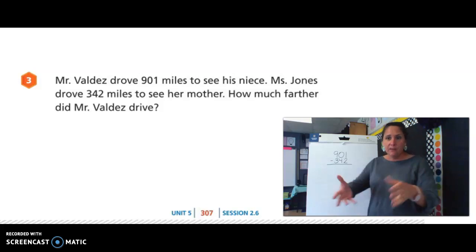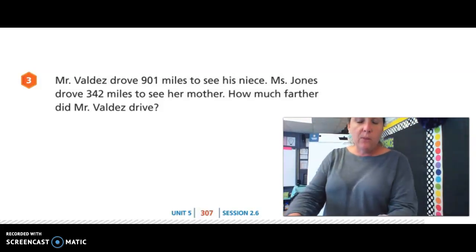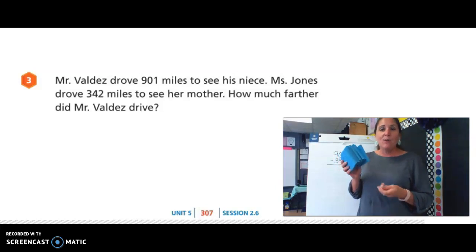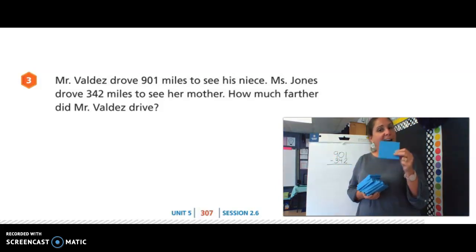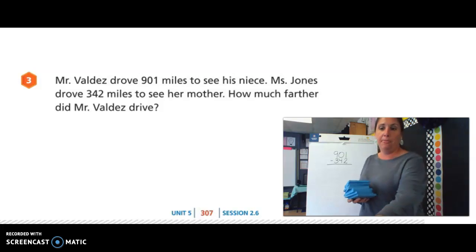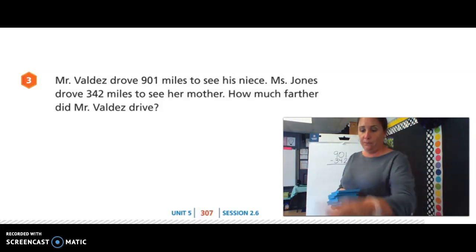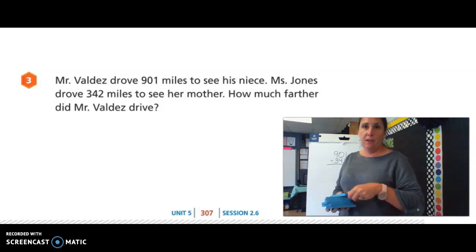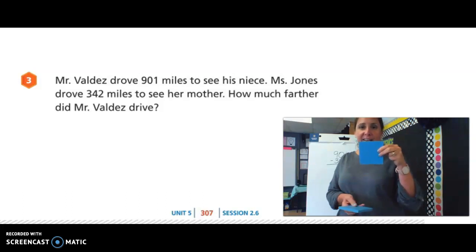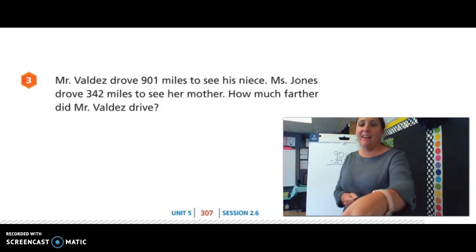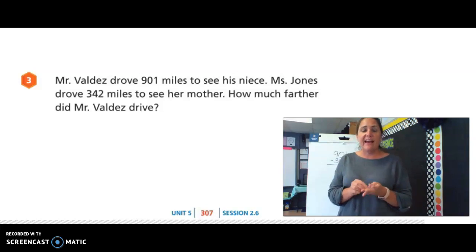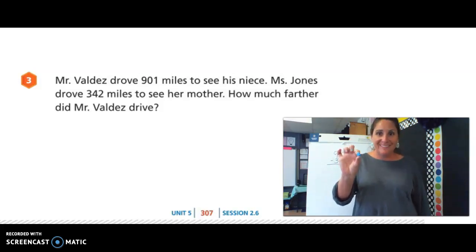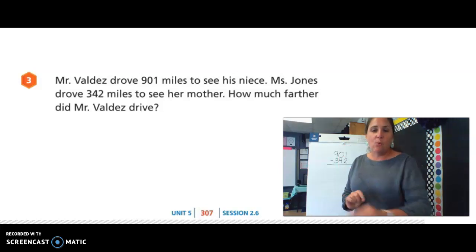So I've taken our base 10 blocks, and I have built the number 901. So I have 900 flats, or 900 groups of 100s. We have 1, 2, 3, 4, 5, 6, 7, 8, 9. I have no rods, no tens, and then I have one little cube for the ones, okay? And it wants me to take away